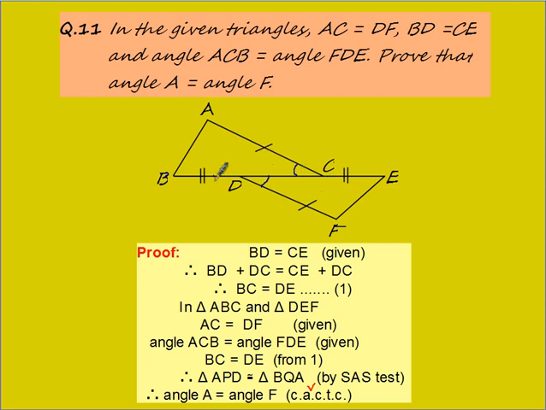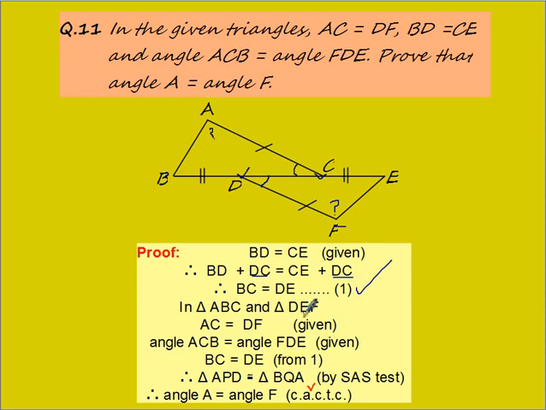So I got my two triangles congruent, but they are expecting us to prove that angle A is equal to F. So they are asking for angles A and F, so now I can add corresponding angles. Now you should be feeling bored because I am doing similar questions again and again. So I wrote BD is CE, and then I got BC, because this side is not given, only BD was given. So I found my BC and I found my DE by adding CD to both the sides, and then I got BC equal to CE by 1, because I told you I have to write proved above or 1.